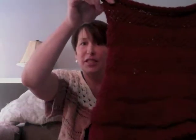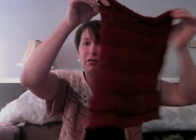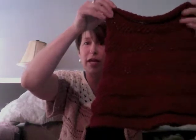And you know, I didn't even tell you what it was before. It's the willow cowl, and I have now thrown out my pattern into the recycle bin because I have done 2 cowls and I've written all over it and it's a disaster. So it's the willow cowl. I will put it in the show notes. I made another one for myself because it was so cute. Now, this one I had just a little bit less yarn. I had 100 grams of